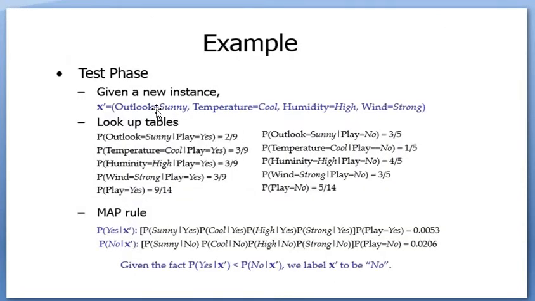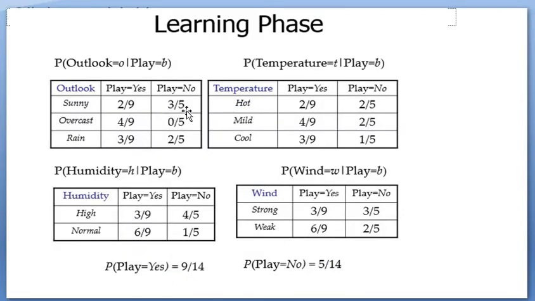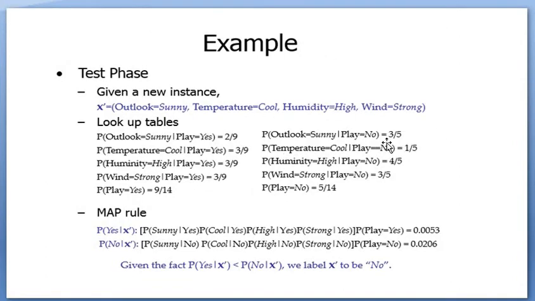Similarly, you should not only write yes, because we may get a no answer also. So please write no also. How many no's are there for sunny from the table? It is 3 by 5, so write 3 by 5. Similarly, you refer to it for cool, once as yes and another time as no. Similarly for high, write yes and no. And for the wind value equal to strong, you should also check from the table how many yes and how many no's are there and write its value.